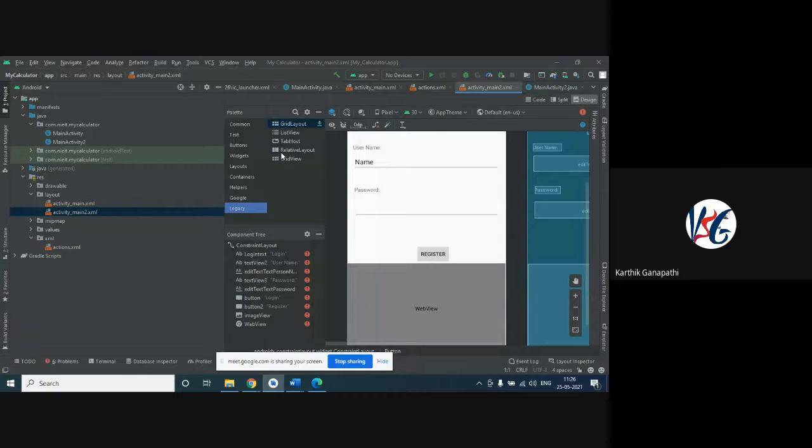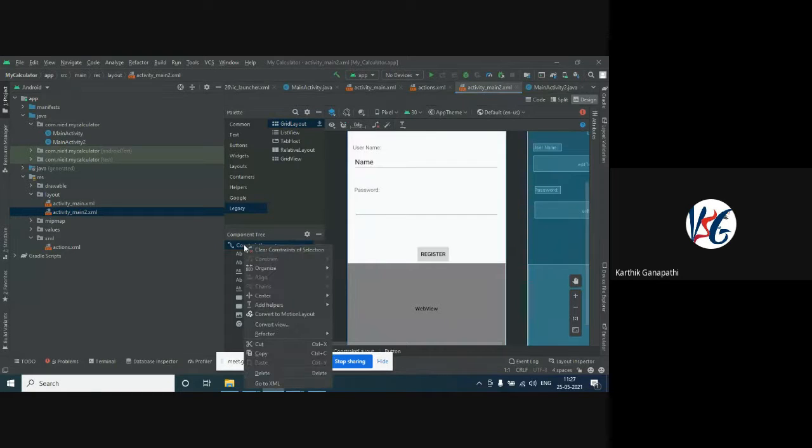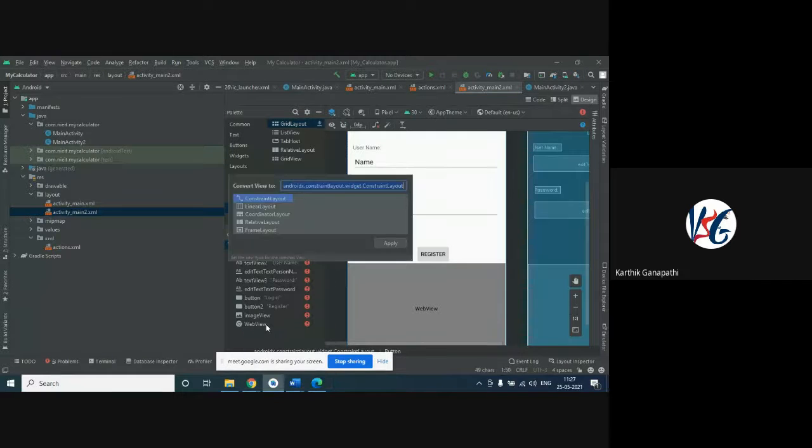Next comes the very often used component in the previous versions of Android development. Right now, in this version of Android Studio, it is showing this as a legacy component. But previously, this relative layout was one of the important components, which got replaced with the constraint layout. As you can see, when I double click on this, you can see they can convert this view. If I click on convert view, it will ask if you want to convert this to relative layout, linear layout or coordinator layout. So like this, the options are available.